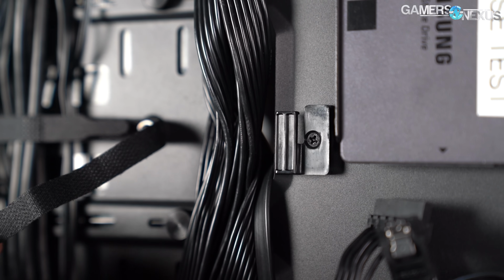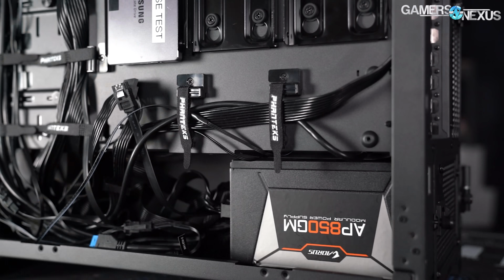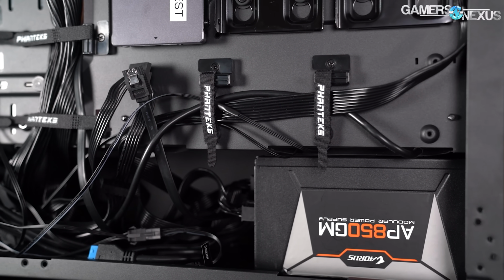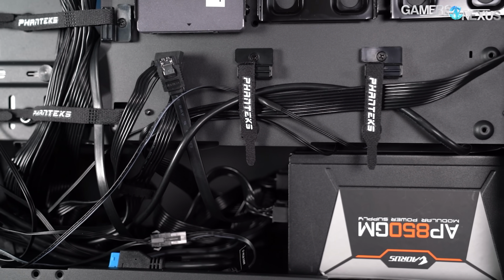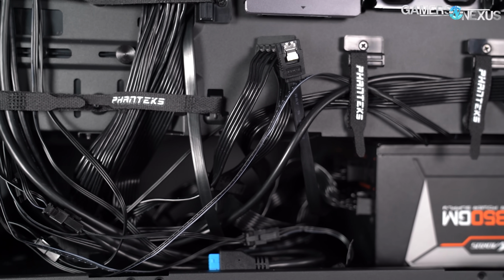The straps are placed both at the front of the case and at the top edge of the power supply chamber, which covers almost every location that power supply cables must be routed. Credit is due for an exceptional job here. The power supply shroud is also extremely roomy since the hard drive cages aren't installed out of the box, but